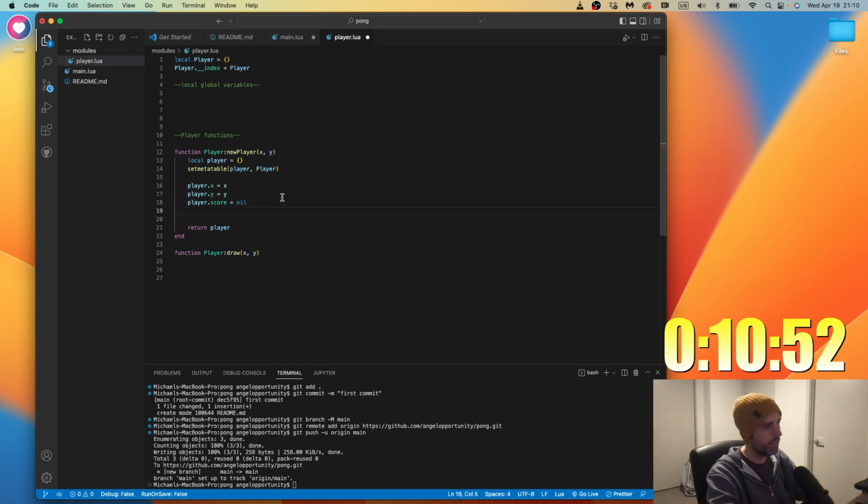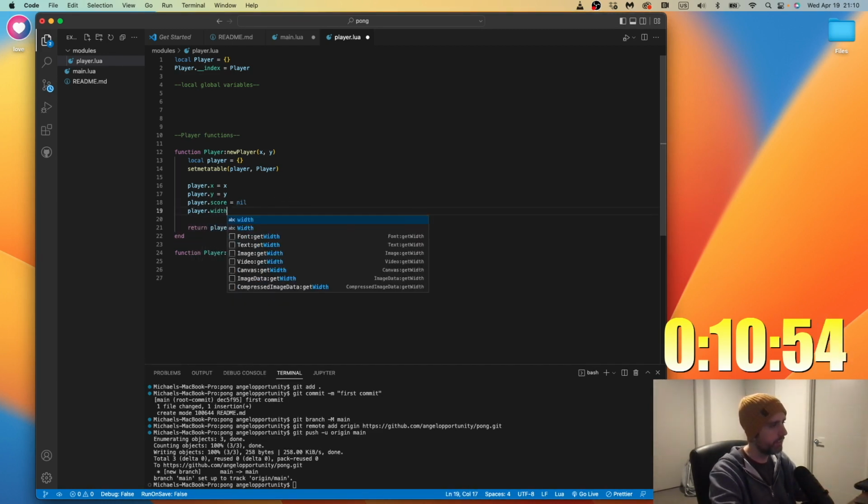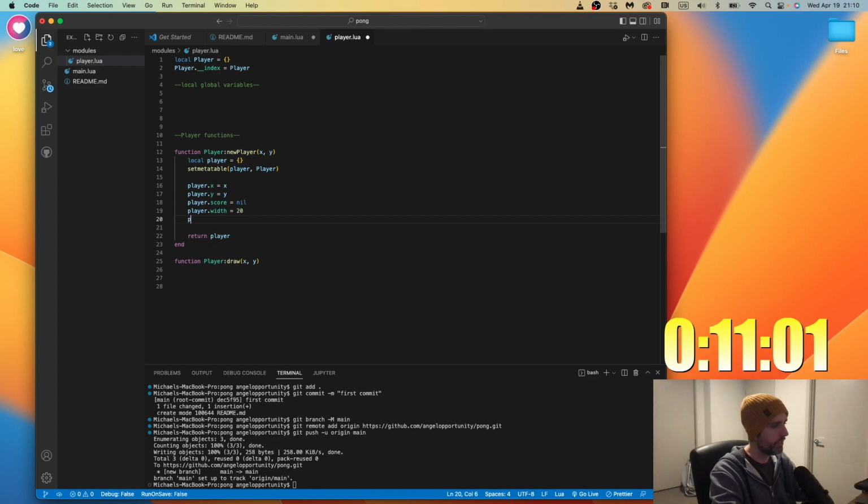I could define it here. Let's define it here. Player.width equals 10. Maybe 20. Let's just try 20. We might change that. Player.height equals, let's say, 150. If the paddle looks like a weird shape, I'll fix this, but we'll try that for now.